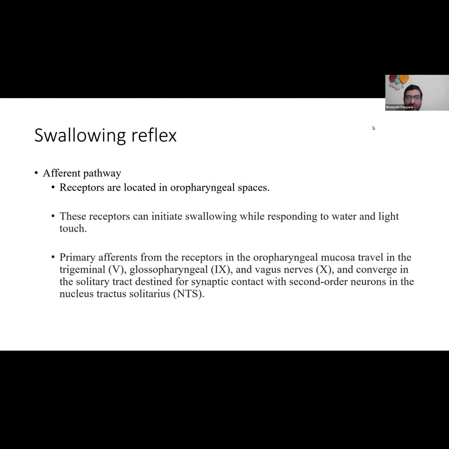Primary afferents from the receptors in the oropharyngeal mucosa travel in the trigeminal, glossopharyngeal, and vagus nerves and converge in the solitary tract, destined for synaptic contact with the second order neuron in the nucleus tractus solitarius. What it means is these receptors convey the afferent pathway through the 5th, 9th, and 10th nerves, and then they converge in the solitary tract with the second order neuron in the nucleus tractus solitarius. From there,